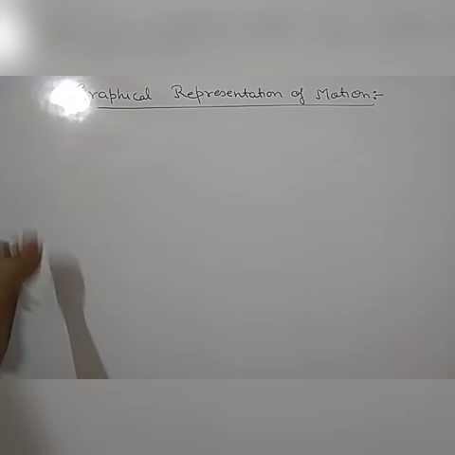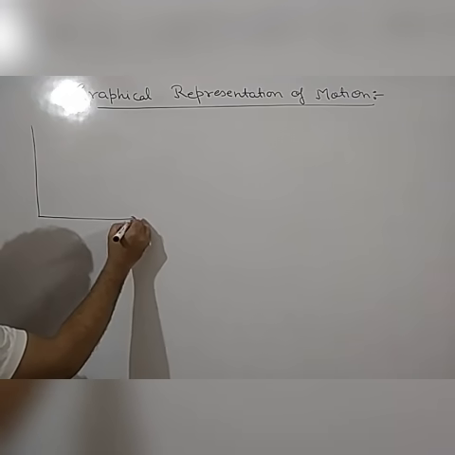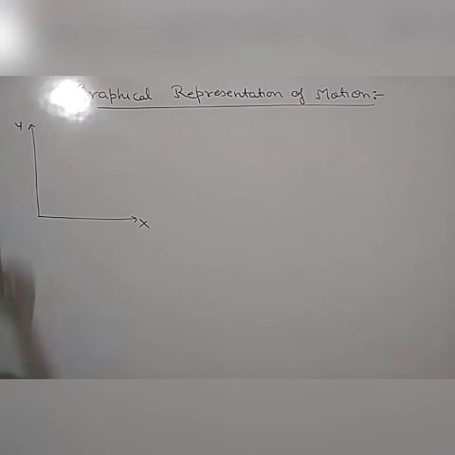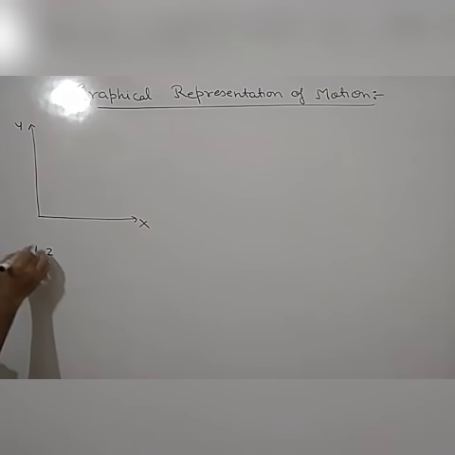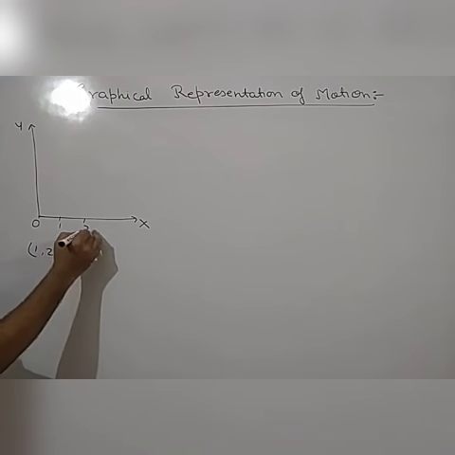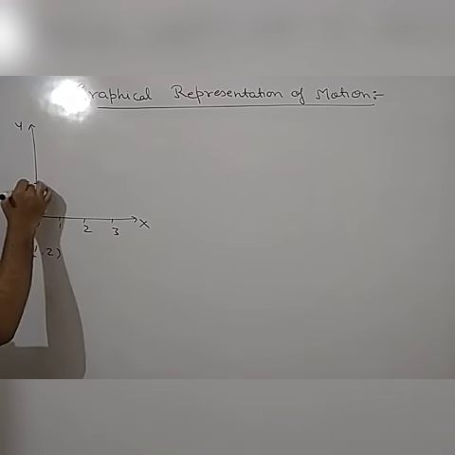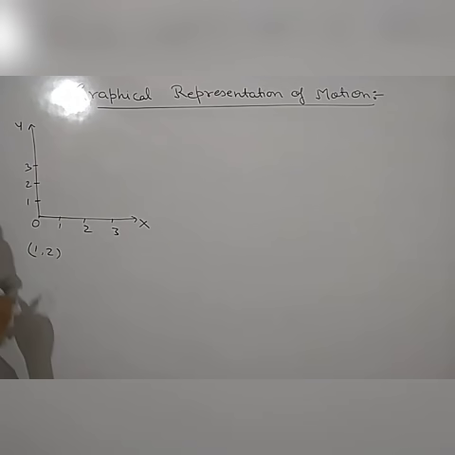So we know about the graph sheet, graph paper. There are two axes, x and y axis. If we have to locate any point, you all know about the location of a point on the graph paper. Suppose we have to locate (1, 2). Then how will you locate it? We consider the x-axis as 0, 1, 2, 3, and the y-axis as 1, 2, 3. What is the meaning of the first number? It is the x coordinate and the second number represents the y coordinate.